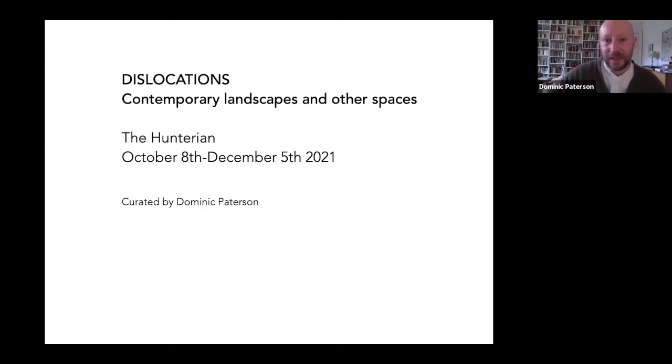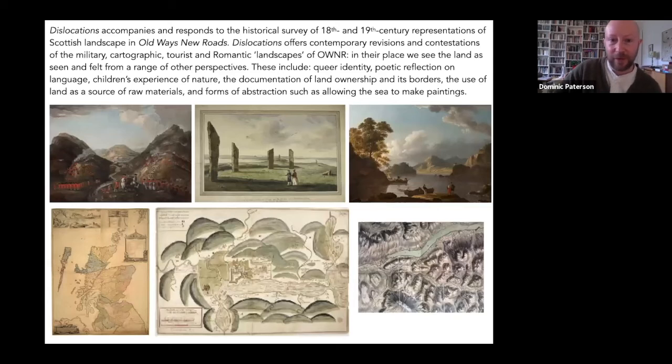So as Rachel said, this exhibition Dislocations that will open in October was really developed directly in response to Old Ways, New Roads, to the material that the curators shared with me about that show and with the histories that it represents. So I know you've been probably attending quite a lot of talks about Old Ways, New Roads over the past while. It'll be familiar to you in its themes and its content, but as a very quick recap,